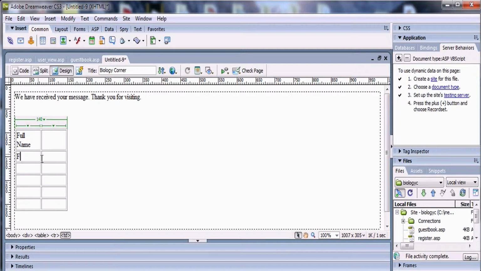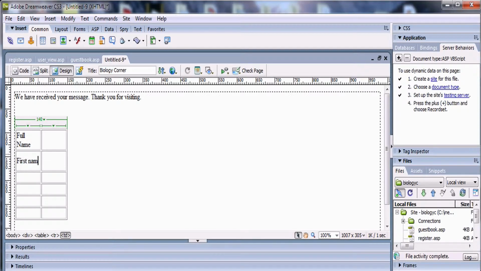Next is for first name. Next is for last name, email, website, and last is for message.